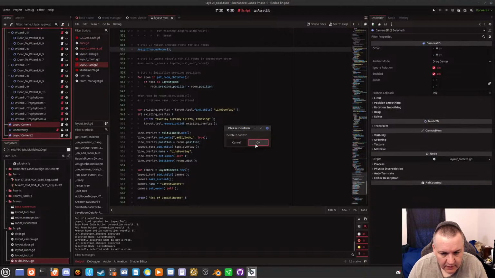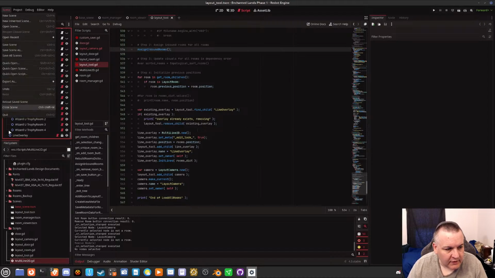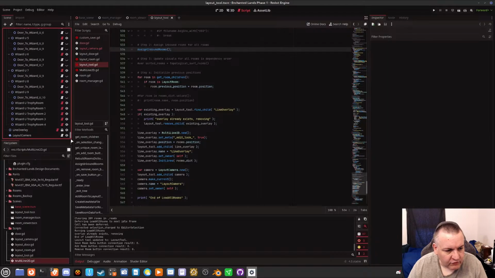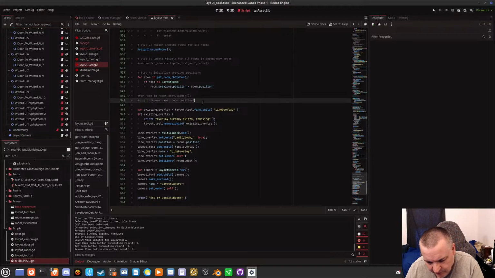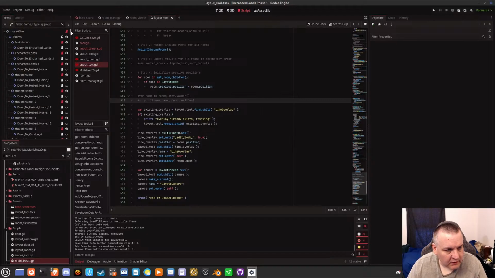Delete. Okay, Control S. Scene, reload, save scene. Now it should have just one. Now let's put a semicolon there just so I can save it and make it different. Save it. Reload, save scene. And make sure.